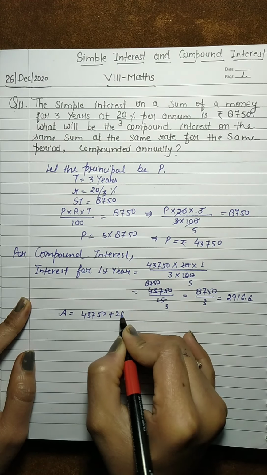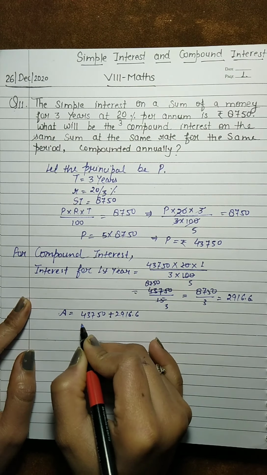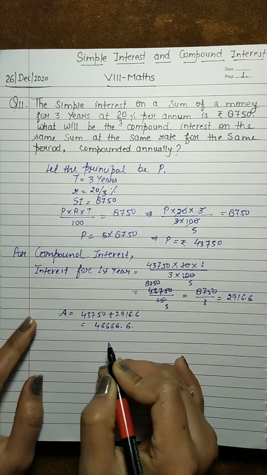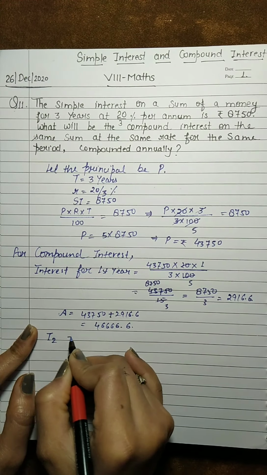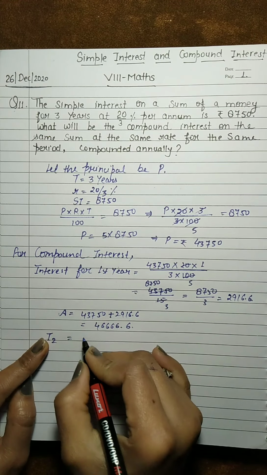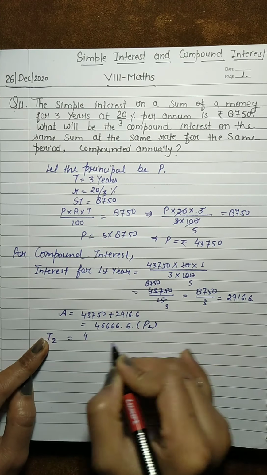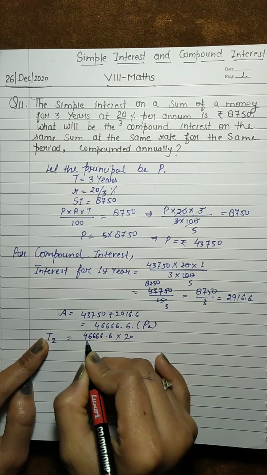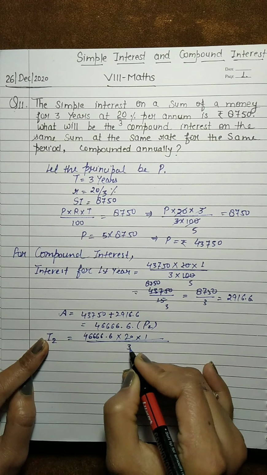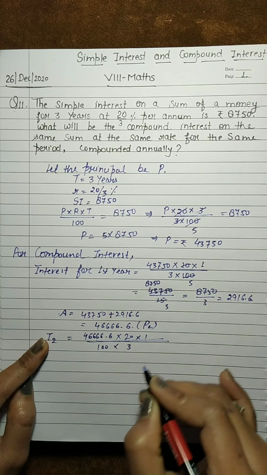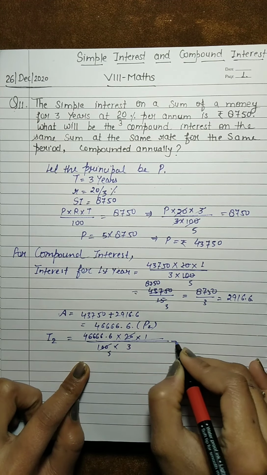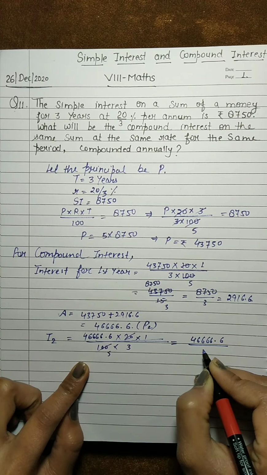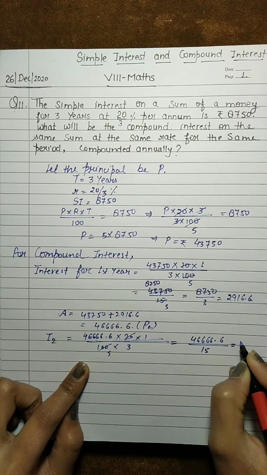plus 2916.6. Okay, so we have 46,666.6. Okay students, now we will find the interest for second year. So that is the principal for this year, 46,666.6 into R, here 20/3, and that is 1 and students into 100. Okay, 25 is 100, so students we have 46,666.6 upon 5 3s are 15, so after calculating we get